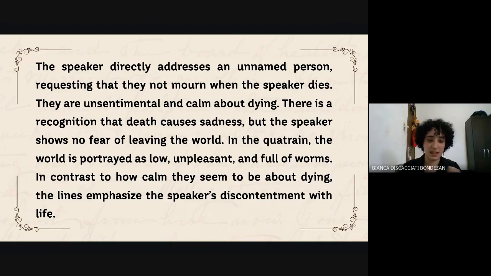Even though the speaker seems very calm about dying, there is, in contrast, a very discontentment with the world in the first